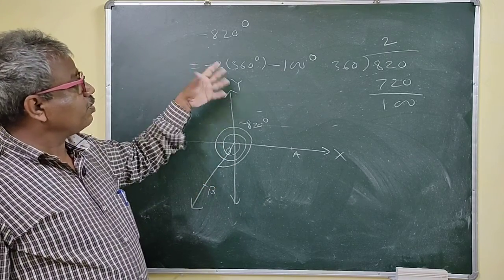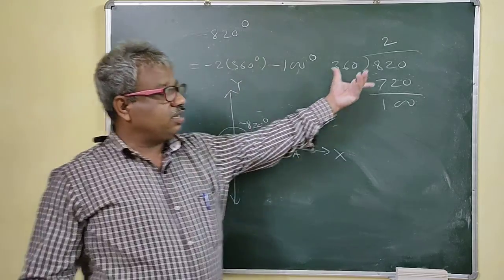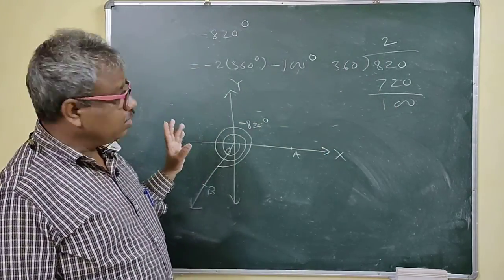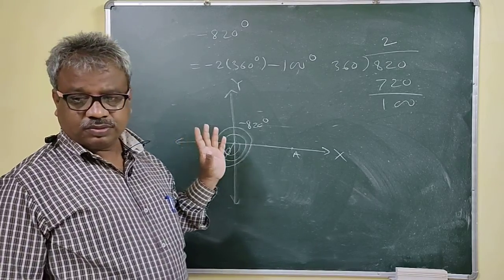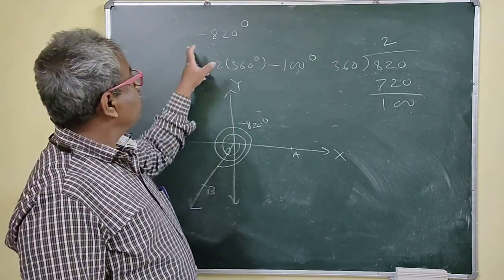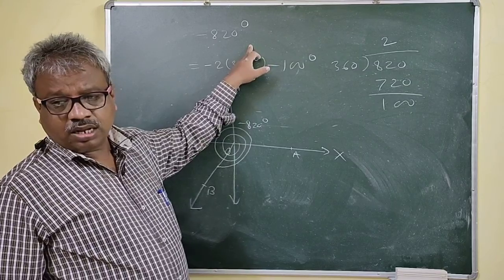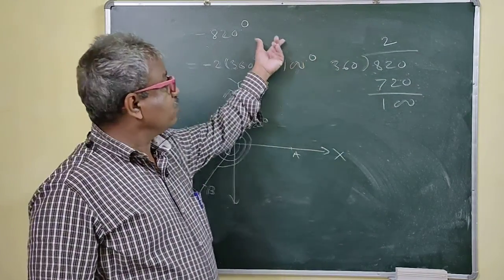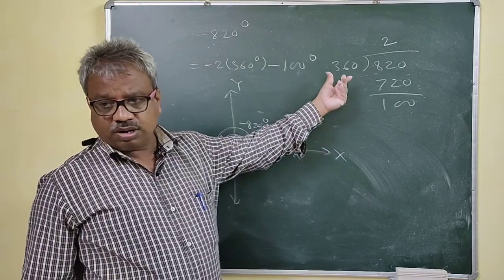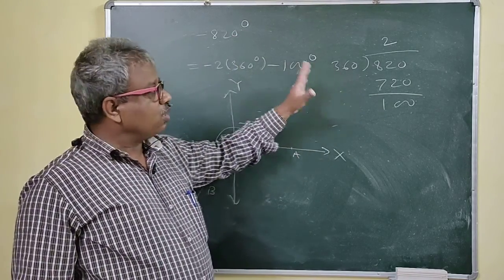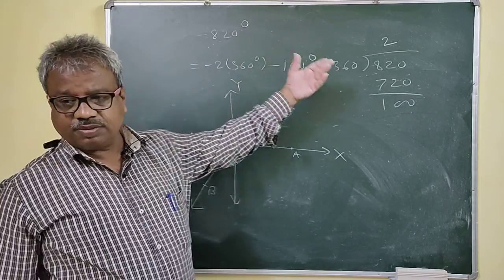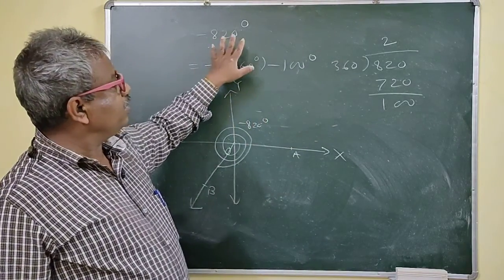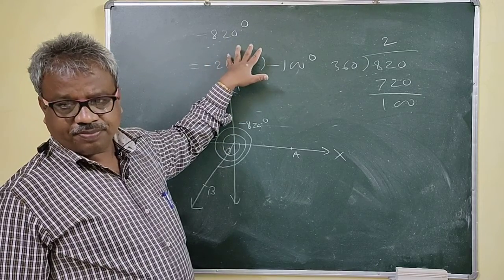The idea is this: you have to divide by 360 degree. I hope you can do this. You can solve a number of problems for practice. If you take radian measurement, just write 2 pi, or divide by whatever the coefficient of pi will be, just divide by 2 now. Or it is better to express in terms of degree measurement, then divide by 360 and so on. So can you express it in terms of 2 pi?